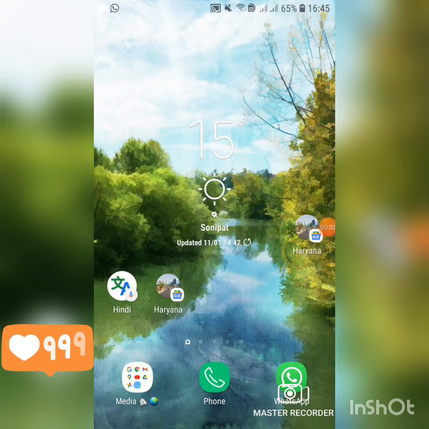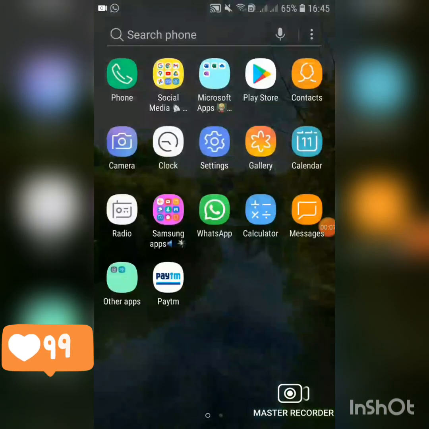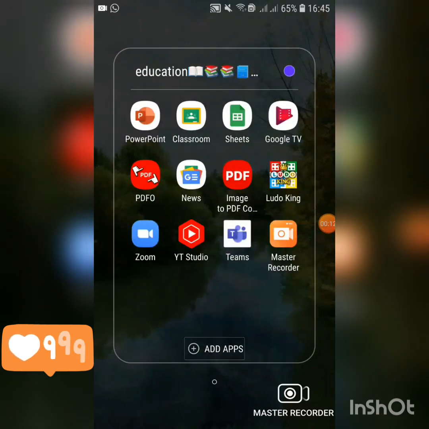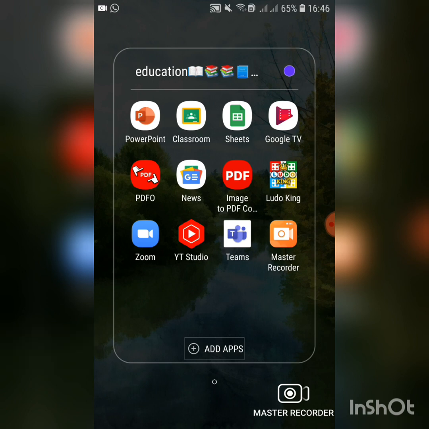Here I am back with a new video on how to make PPT. For making PPT you must have the Microsoft PowerPoint app. According to my suggestion, this app is very nice and effective. In this we have a variety of options for editing, transitions, animations, editing pictures and more and more.